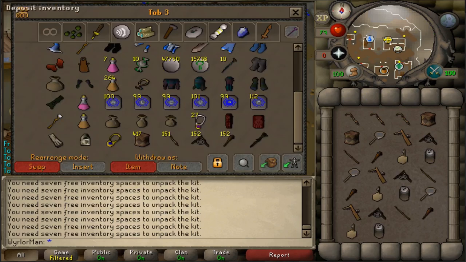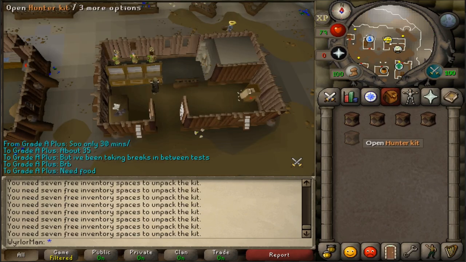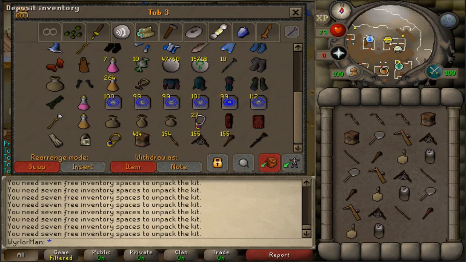So it is rather click intensive. I mean, you'll probably have to click more times than my ex-girlfriend has STDs, but that's really beside the point